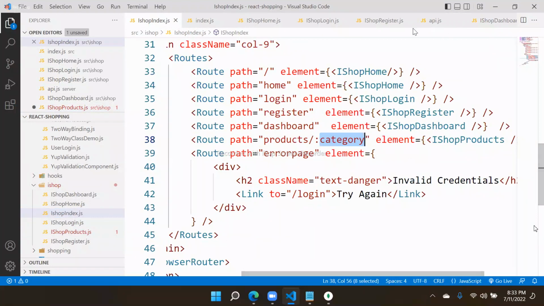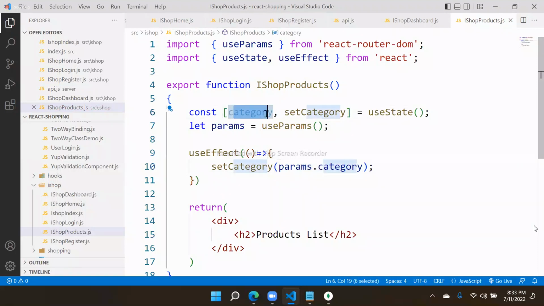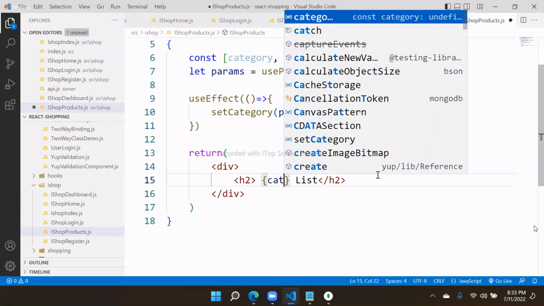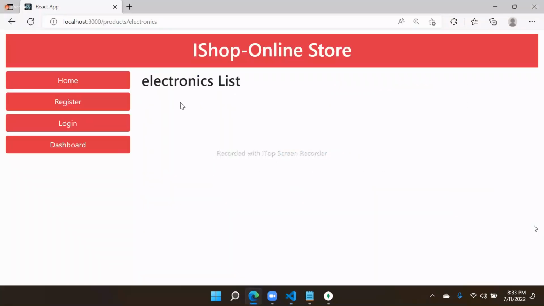That means that I have to use it here: params dot, what is the parameter, category? That means it will get that parameter and store it. Whatever parameter it collected, it is storing in this state that I have to display here. So here I will define an expression, the category name and list. It should display electronics list